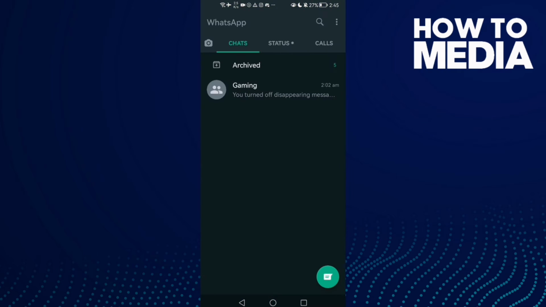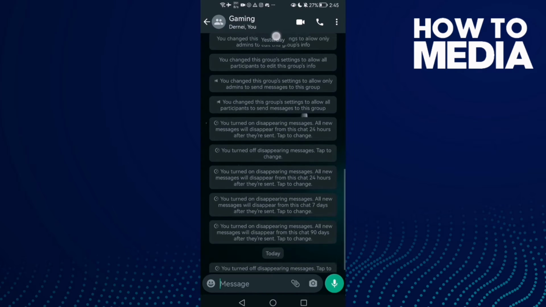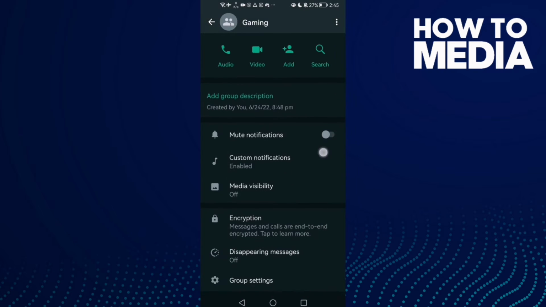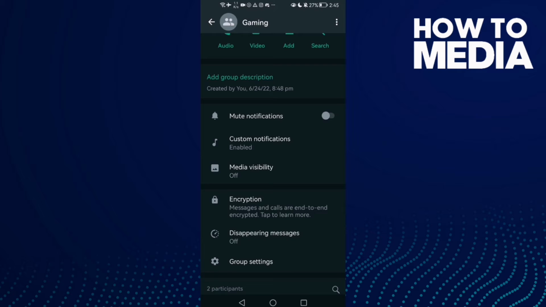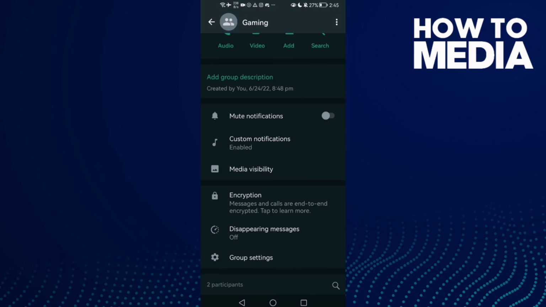First, go to WhatsApp and then click on your group, like this group here, click on it, and then just click here at the top and scroll down. Here you will find it, media visibility. Just click on it, and then all you need to do is just click defaults and click OK, and that's it. As you see now, just